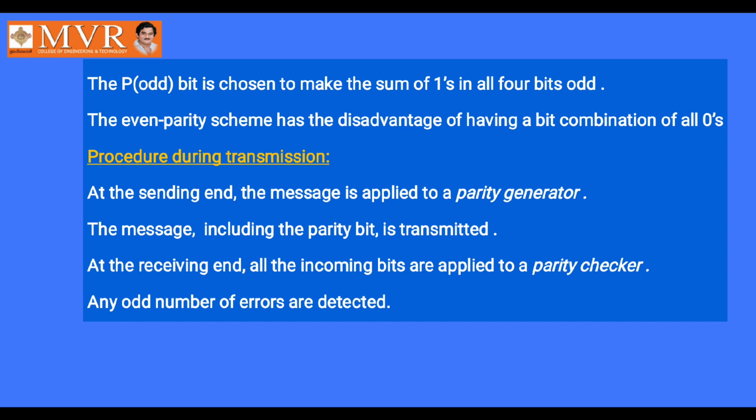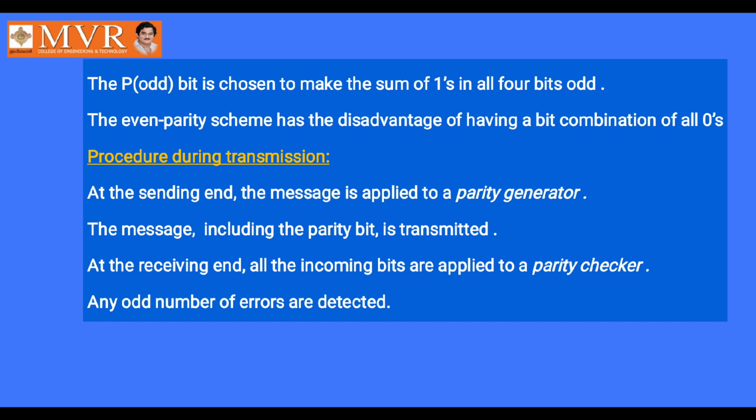After adding the parity bit, that message including the parity bit is transmitted using the bus. You know, the data will be transmitted with the help of a data bus. So before sending the input, a parity bit will be generated, and by adding that parity bit to the input, the total data will be transmitted through the bus to the destination from the source. Fine. Sender part is over.